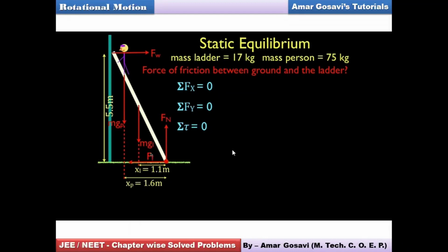Again, we would be using the same concept. Summation of forces along x-axis should be 0. Summation of forces along y-axis should be 0. Torques at any point, let's say this particular point, because we know the distances from this point, should be 0. Anti-clockwise torques are positive, clockwise torques are negative. Forces acting along positive y-axis should be considered positive. The forces acting along negative y-axis should be considered negative. Similarly, the forces acting along positive x-axis should be considered positive, and the forces acting along negative x-axis should be considered negative. Hopefully, you have understood this procedure, friends, and the problem is clear to you.